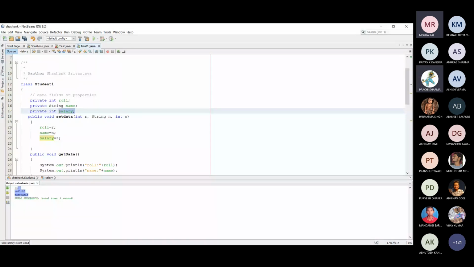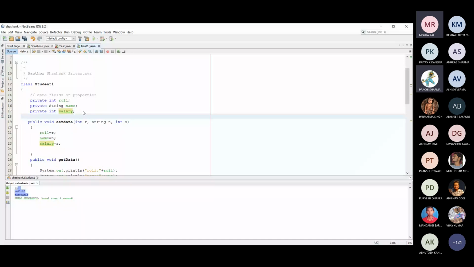But suppose I write static string college name of a student. The college name is shared by all the objects and is the same for all of them, so there is no need to create different copies for each object, because the same value is shared by all the objects. The static keyword is used mainly for memory management.